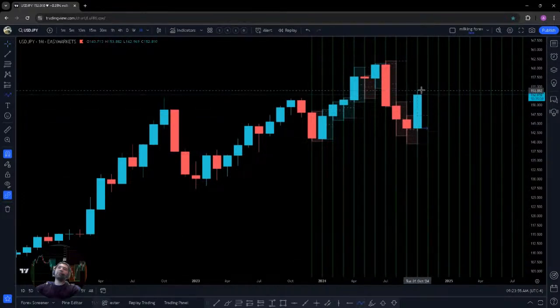Now what I would be looking for around here is if I can get a pullback like this, of course it would be a big swing, guys, big swing,